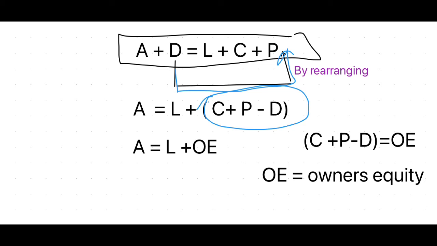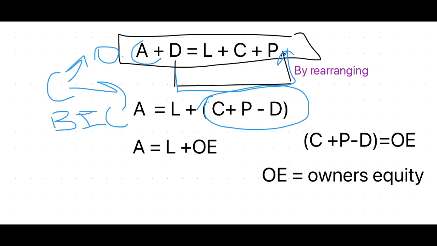And the capital can be divided into two forms. Either it can be opening capital, or it can be the capital brought in by the shareholders. So as I mentioned earlier, opening plus brought in capital plus profit minus dividend and the drawing